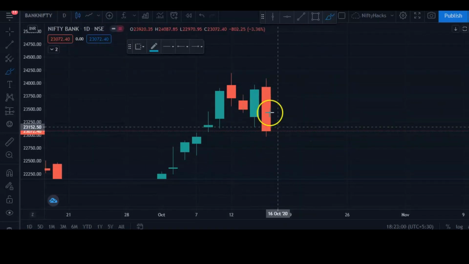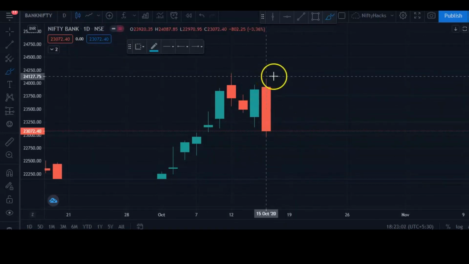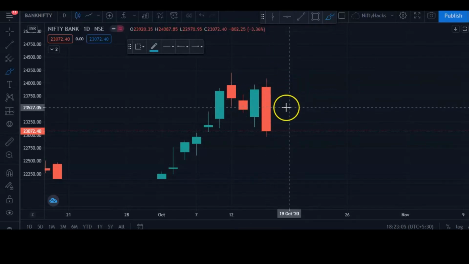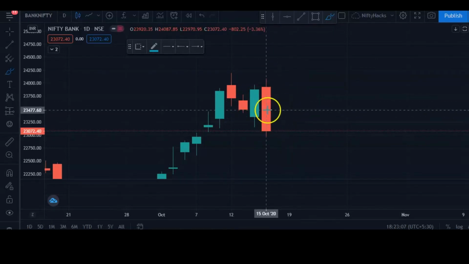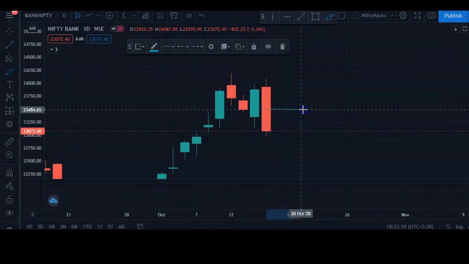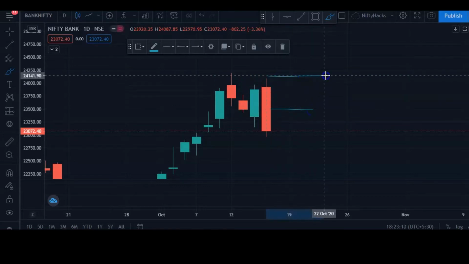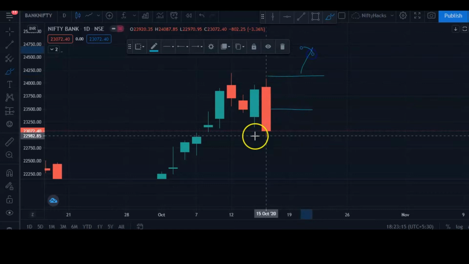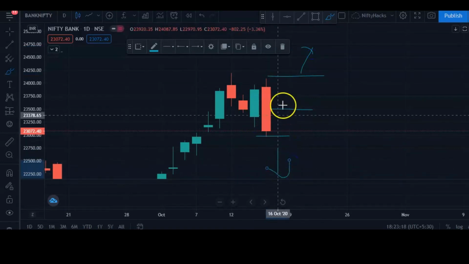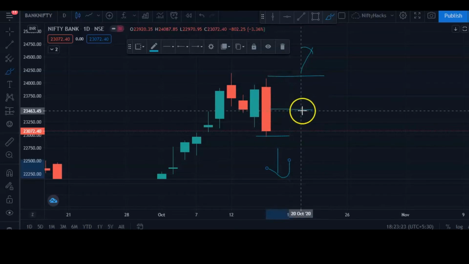So let's start. Kindly imagine that this is the first 15-minute candle of Bank Nifty. Though it is a daily chart, we will just use it for understanding purposes. We want to add stop loss at half of this candle. Our entry is suppose above this or below this, and we want to keep the stop loss at half of this candle. So how can we do that in Tradetron?